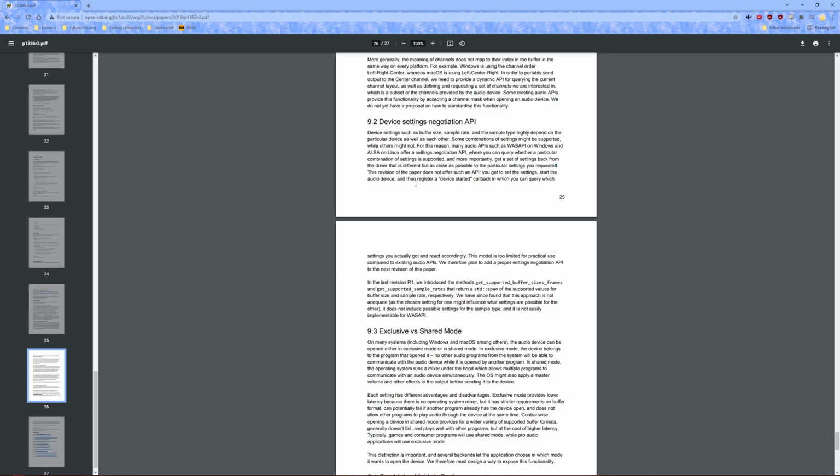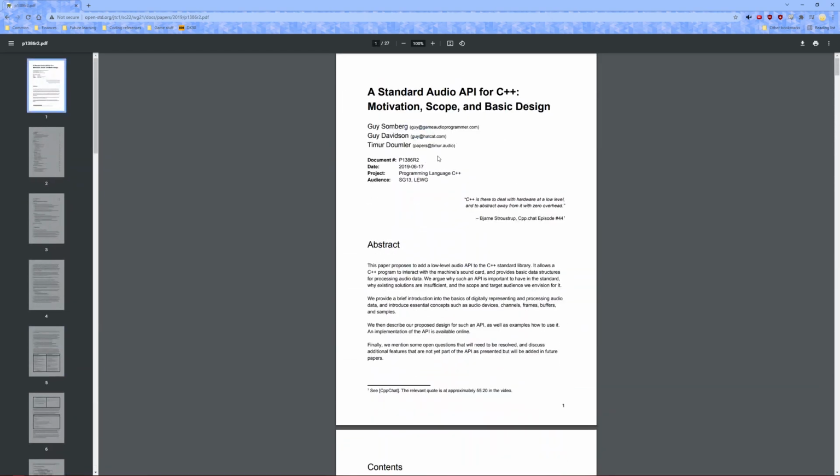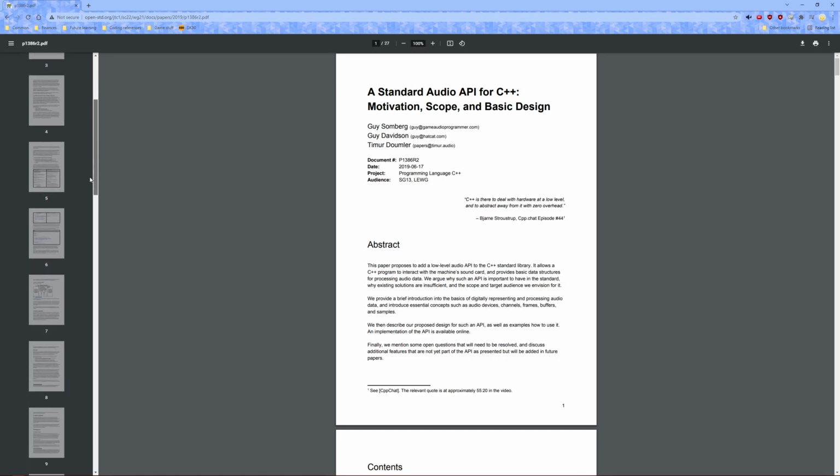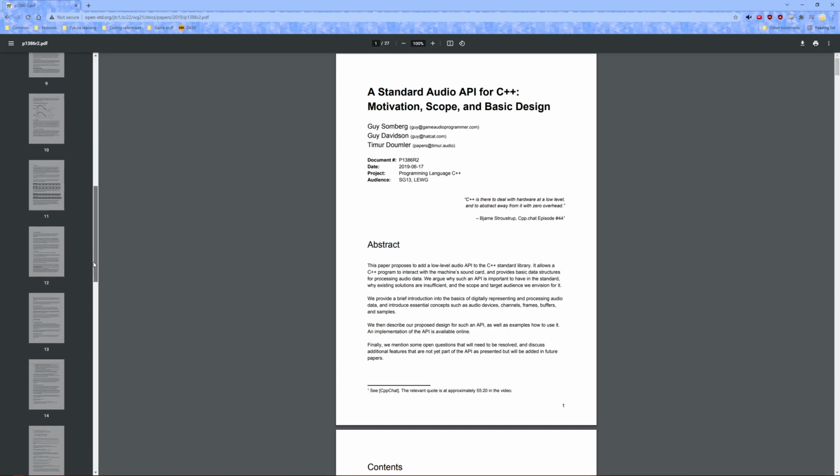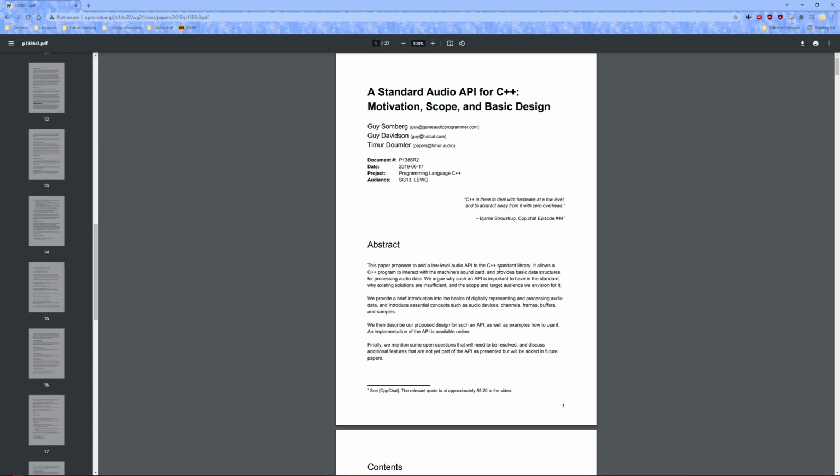Now, this here is a document by, let's go to the top, these lovely folks up here, who are putting together a module for submission to the C++ standard. And I've been looking at this and seeing how they've done a lot of their stuff. And yeah, I've mostly got a fair understanding of it now, I think. Obviously, I'm still very inexperienced with it, but I'm putting together a very simple low-level